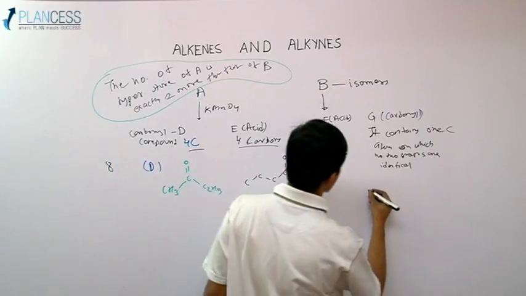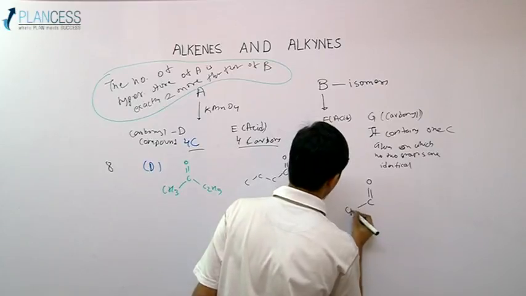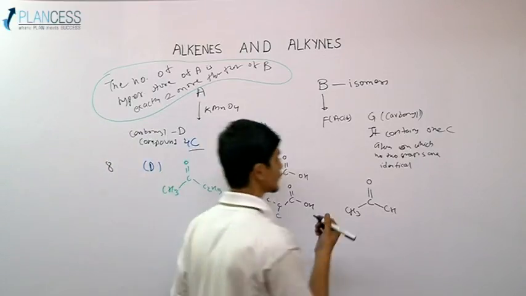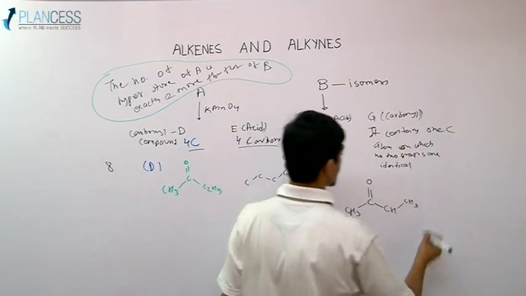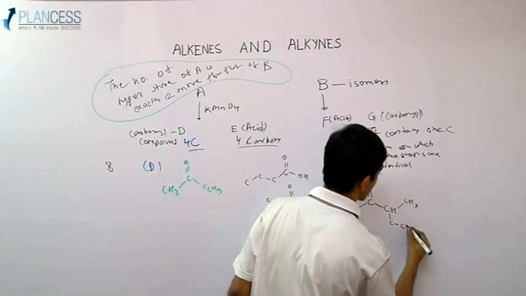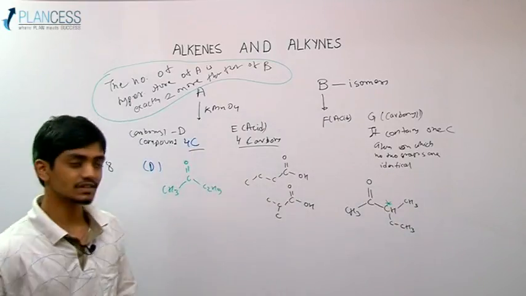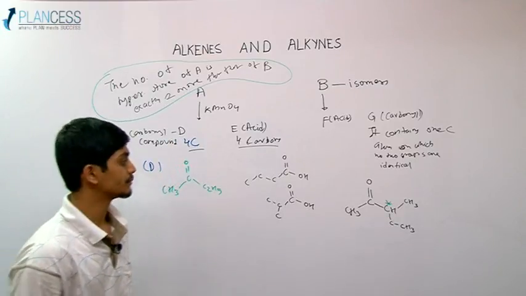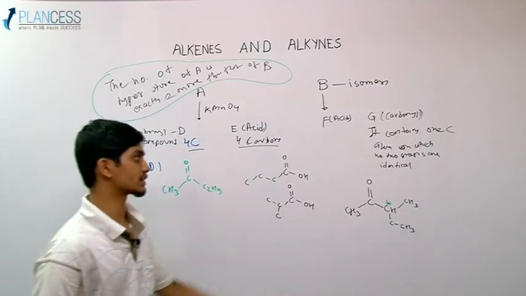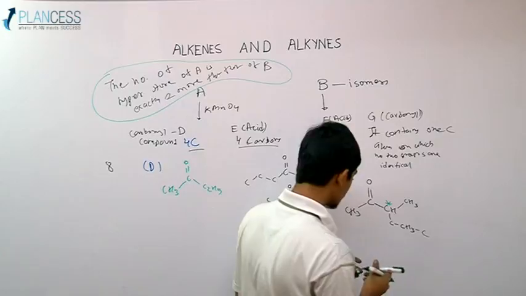And if we draw the structure of the carbonyl compound that way, let us take first the C double bond O group. Let us take a CH3 here. Let us take a CH3 here. But definitely this is not chiral. No way this is chiral. So let us take a CH3 here. Again we see that none of these groups become chiral. But if we add, suppose, C2H5 like this, then what happens to this carbon? Then this carbon becomes chiral. So that means we require at least 1, 2, 3, 4, 5, 6 carbons to make this compound G chiral. We can also put a propyl group over here like this,